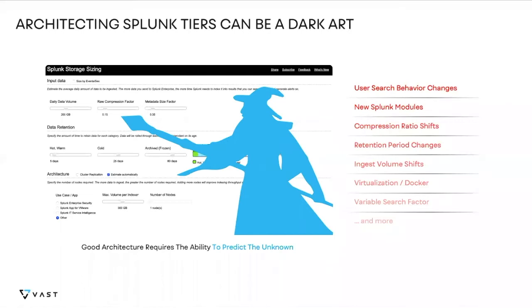Splunk will occasionally introduce new modules that do have an impact on storage, and you need to size for those appropriately. You may have shifts in your compression ratios, you have different retention period changes. Customers can receive more ingest on a daily basis, and then you have other considerations that are starting to be popularized around virtualizing or containerizing Splunk. And all of this requires, when you architect your Splunk clusters, if you're buying on a periodic basis, to really have a good understanding of not just what's happening today, but what will happen in the future. And that can be a really tricky